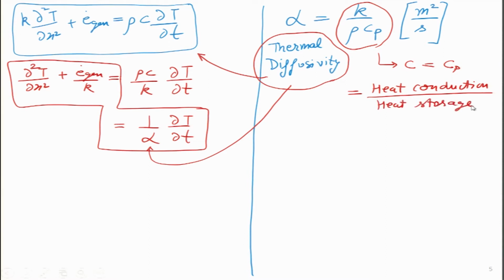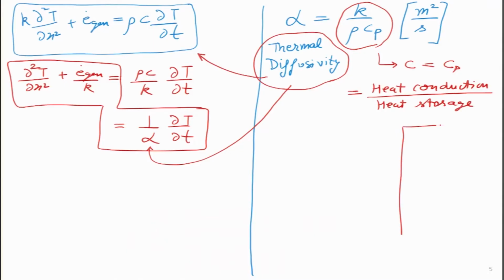In other words, take a hypothetical material which has very low specific heat. So, the denominator is Cp, which is having very low value, and in the numerator k value is very high. So, it is a very good conductor. So, the amount of heat it will store is very less, and the amount of heat that it will transport is very high. So, for that particular material we can clearly say that the thermal diffusivity value is very high.